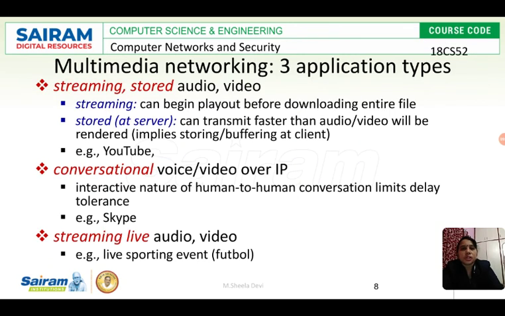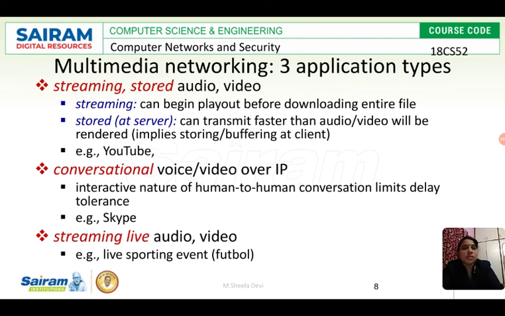Then come three application types of multimedia networking. The first one is streaming stored audio and video. This is a quite interesting topic which we see in our day-to-day life. If you take YouTube, the video which we are watching is already saved on the YouTube server.